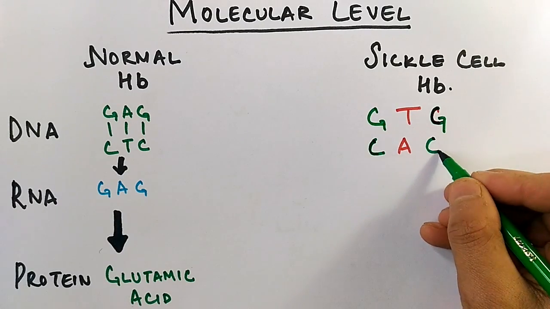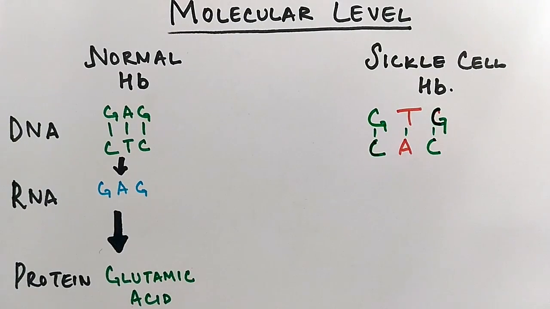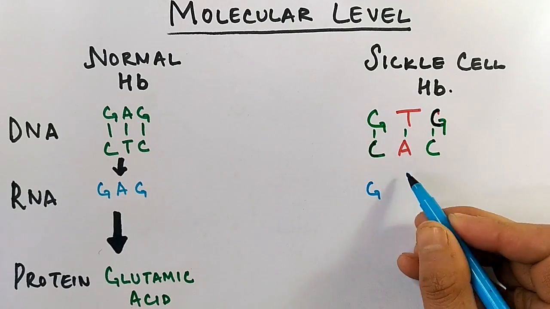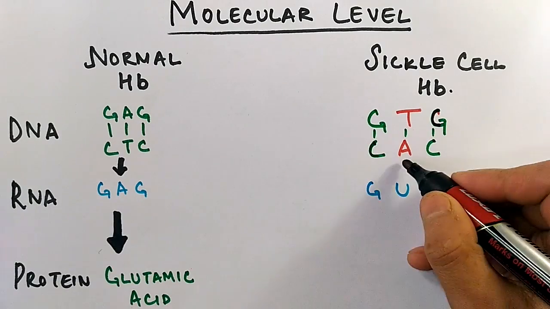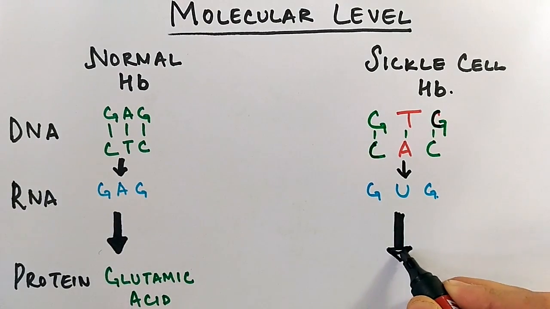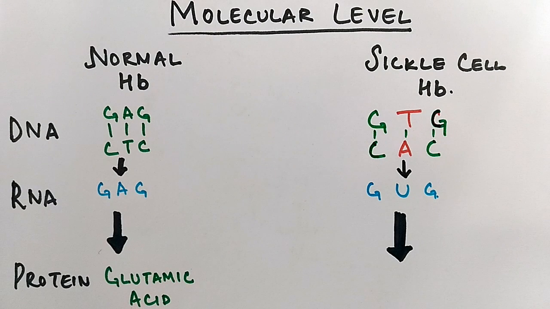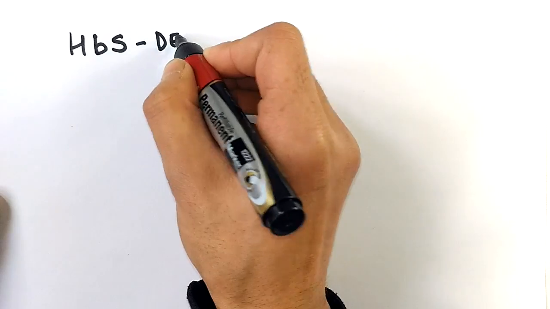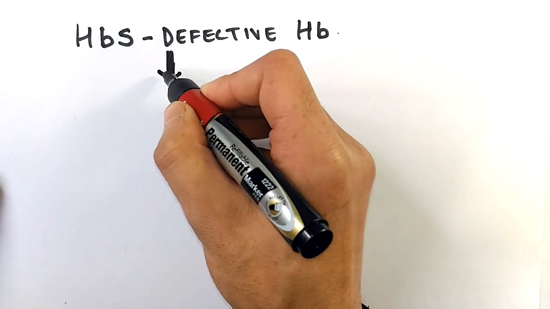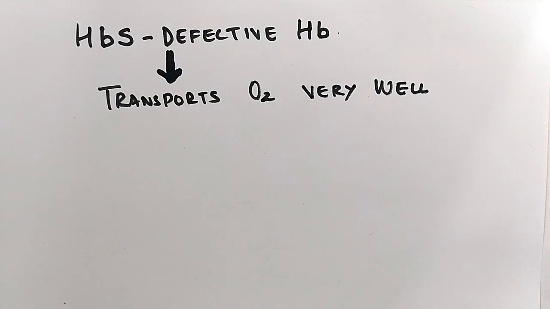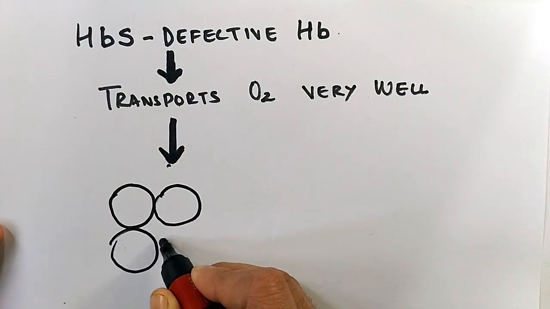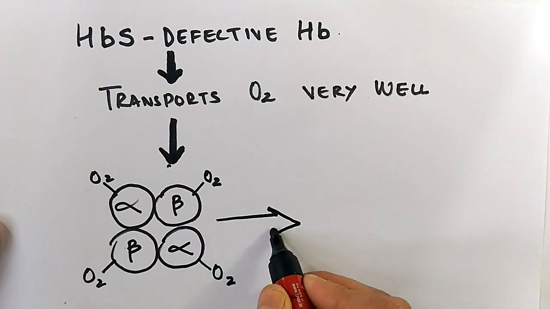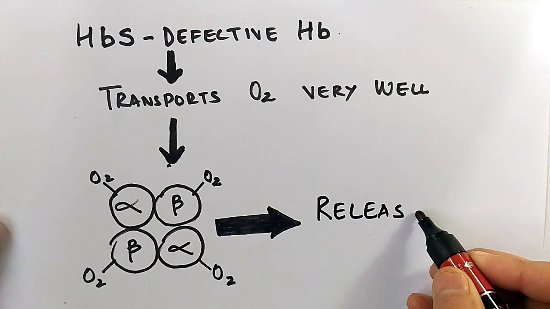And in its complement strand we get CAC bases, and when there is formation of the RNA strand we will get guanine, uracil, and guanine, because in the RNA strand we have uracil in place of thymine. And this genetic code, GUG, codes for the valine amino acid in sickle cell. Here you can see the HbS, that's defective hemoglobin, which has a mutated HBB gene. It transports O2 very well under normal conditions, but it's only when this hemoglobin molecule releases O2 in tissues, and